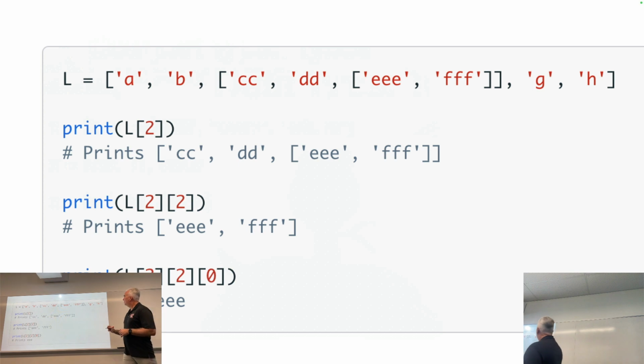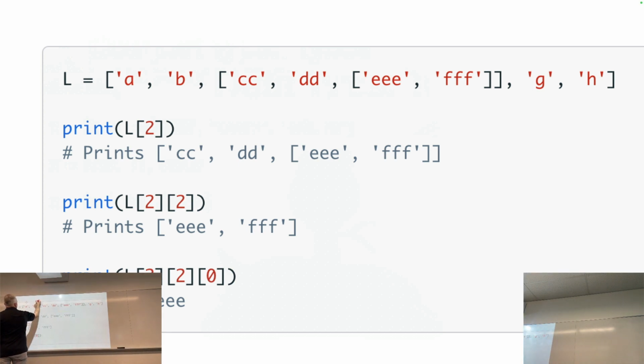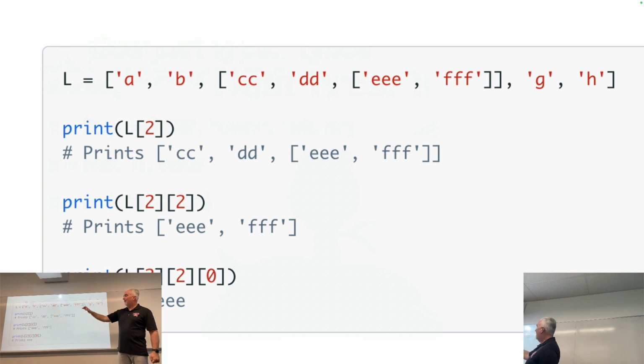The correct answer is, let's look at the index. Index 0, index 1, index 2, 3, and 4. So the main list, L, contains 5 items. And if I did a count, if I did L.count, it would return the number 5. Because of this,